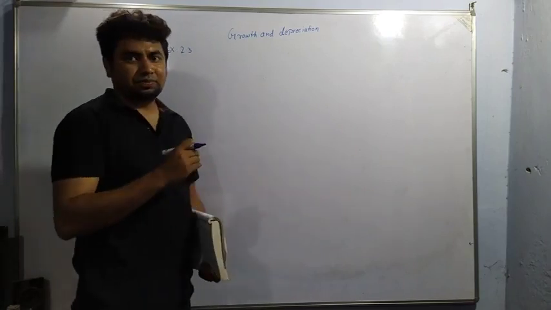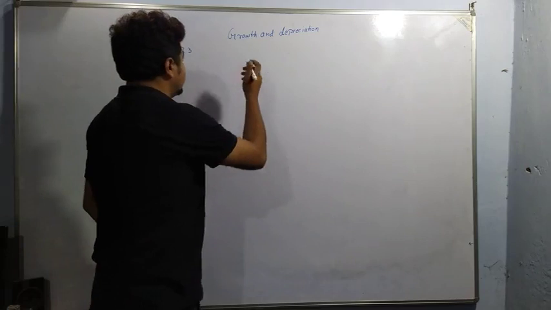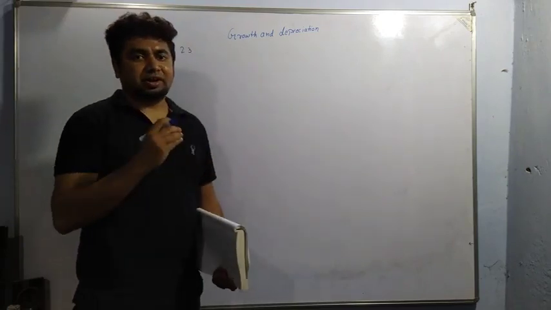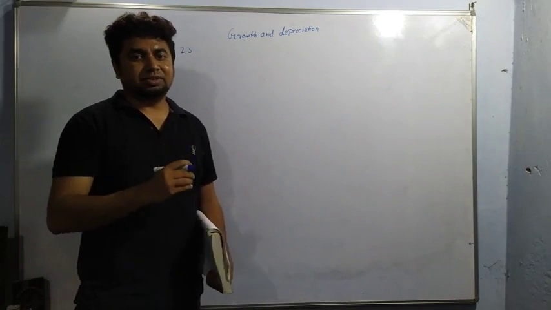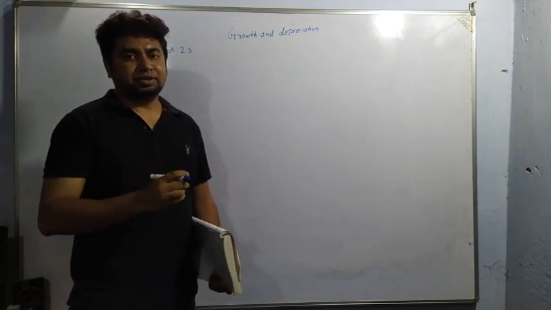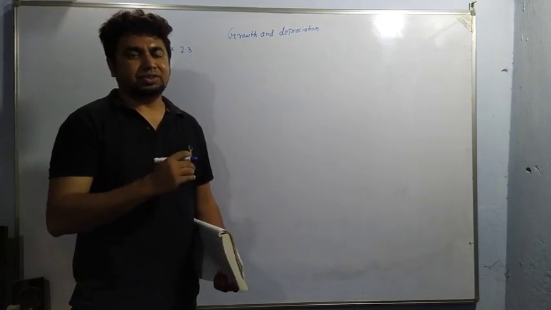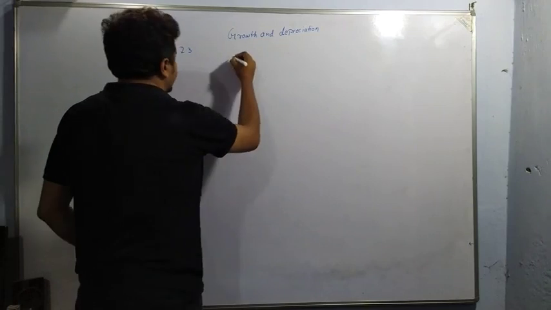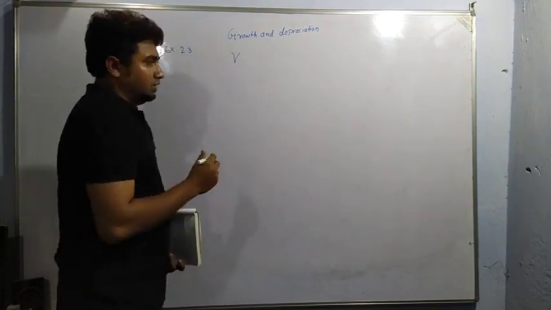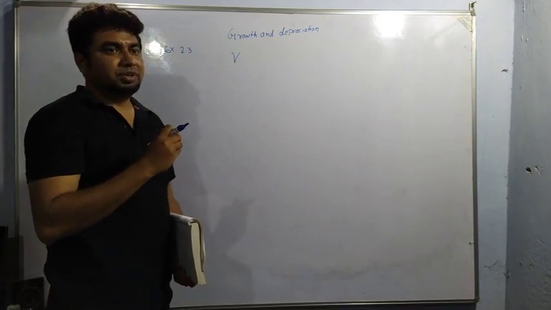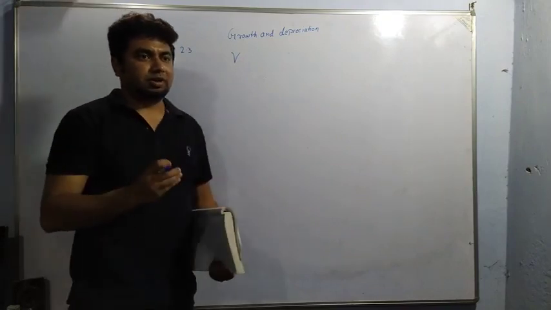And depreciation is when the rate is decreasing, or when the article, bike or anything which you are buying, its price will be continuously decreasing. Or a car you are buying, if you are selling it after some time, its price will be decreasing. So there are levels. If I say V is the final price with respect to growth, we will be comparing it with respect to compound interest.